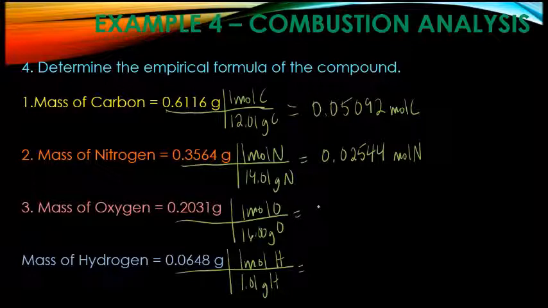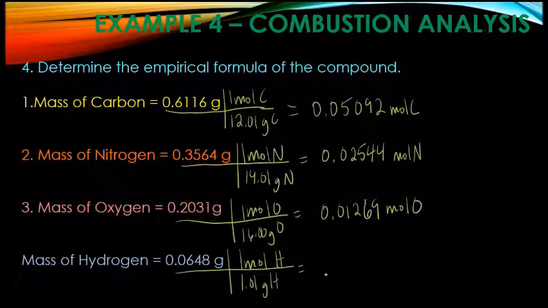For the oxygen, it ends up being 0.01269 moles of oxygen, and for the hydrogen is 0.0642 moles of hydrogen. Looking at these numbers, this is 0.5, 0.2, 0.1, 0.6, so this one's going to be